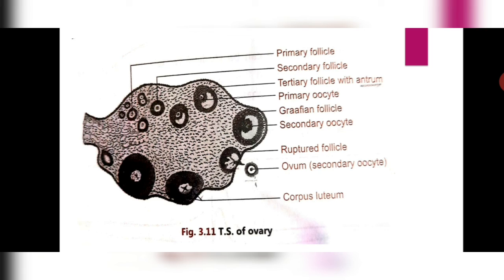Now see, the primary follicles are getting converted into secondary follicle. How will that happen? A new theca of granulosa cells will be formed, which will later be converted into tertiary follicle, where you see an antrum or a cavity is formed. It gets converted into a Graafian follicle where secondary oocyte is ready for ovulation. As soon as it ruptures, it releases the secondary oocyte inside which the ovum is present. The rest of the Graafian follicle after ovulation is known as corpus luteum. This corpus luteum is responsible for the release of progesterone, which is a very important pregnancy maintaining hormone.